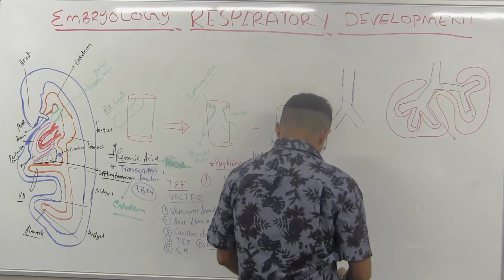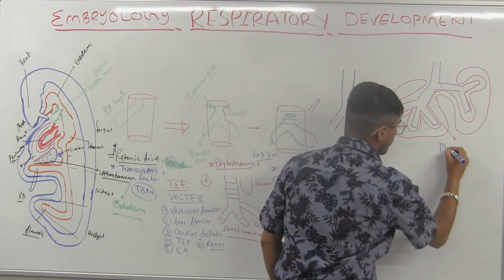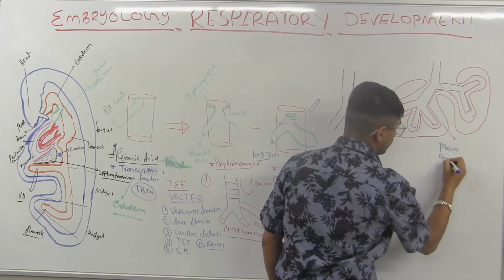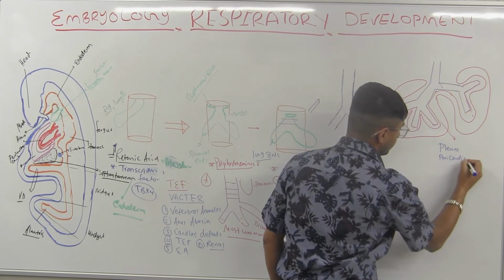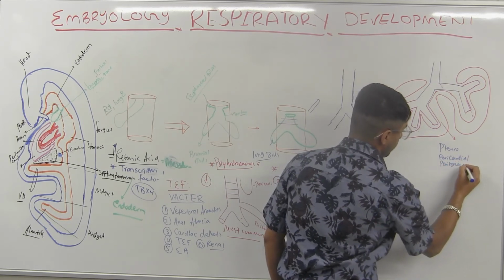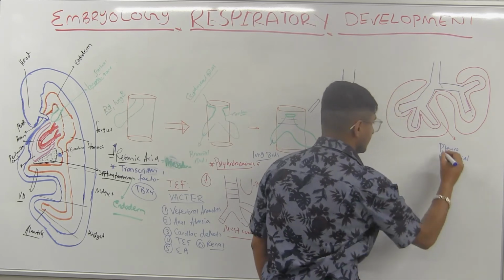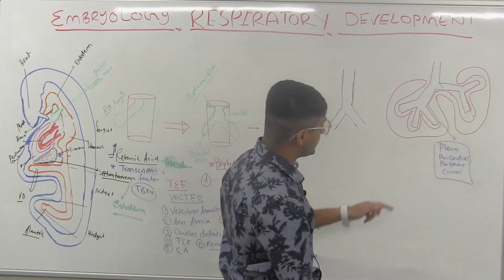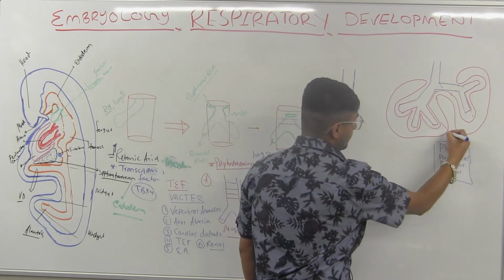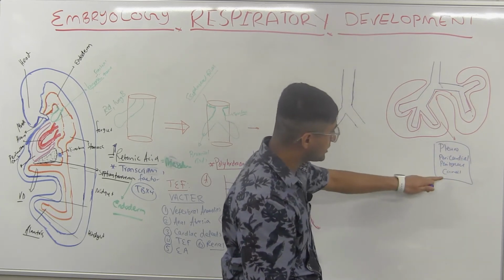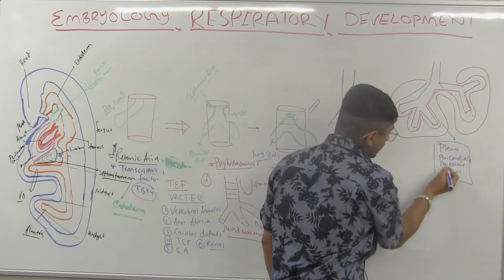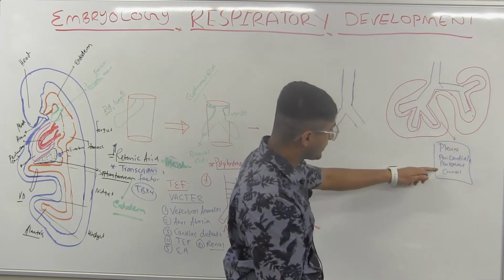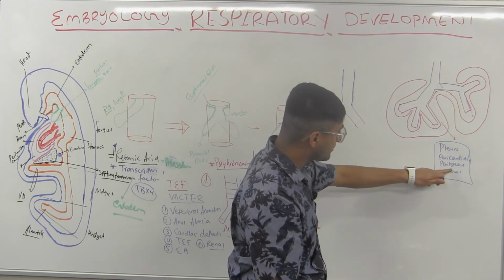It's called pleuropericardioperitoneal canal. The name is crazy. This is what it's called, the pleuropericardioperitoneal canal. The reason they're called this is that as the lung keeps expanding, this canal will